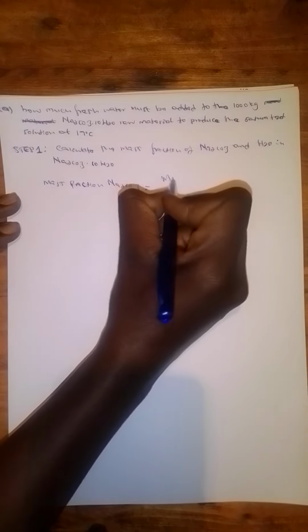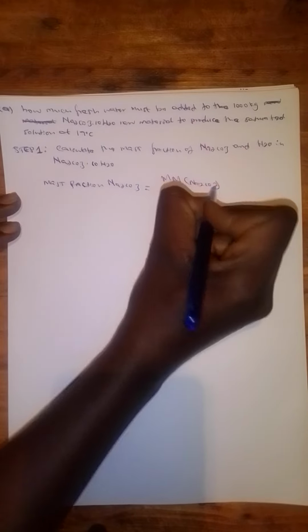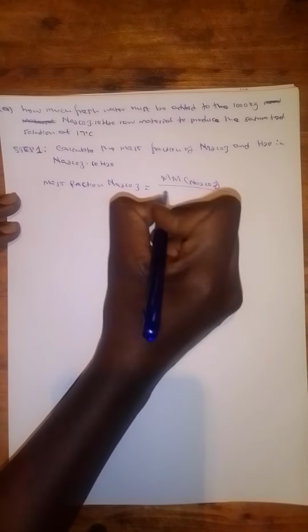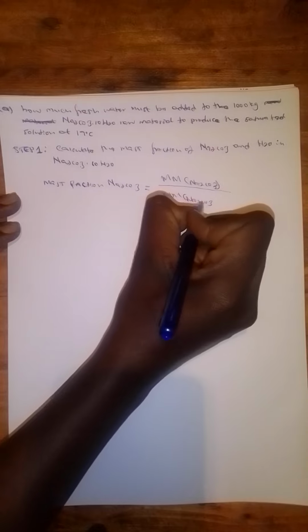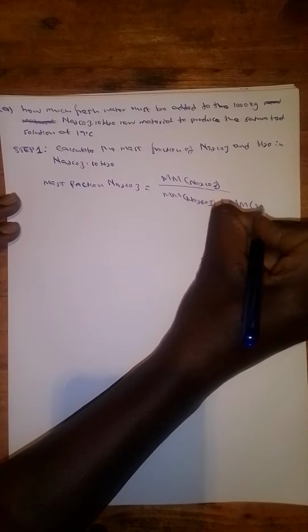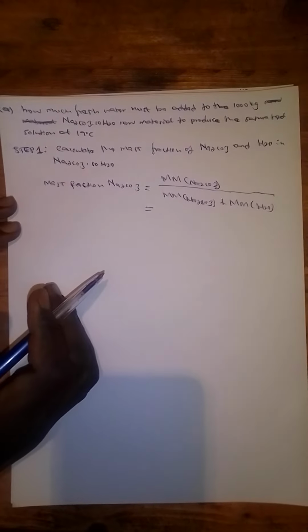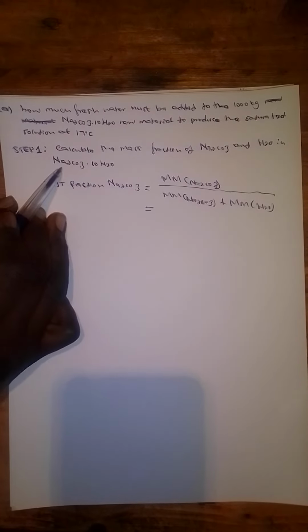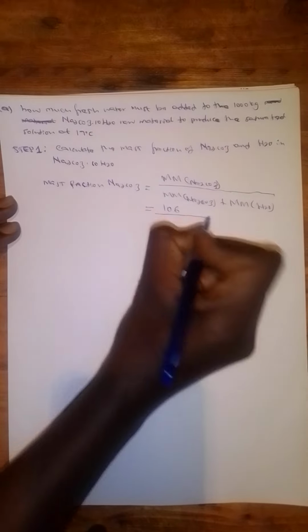So the equation will be the molar mass of Na2CO3 all over the total molar mass, or the molar mass of Na2CO3 plus the molar mass of 10H2O. From the periodic table, if you do the calculation, the molar mass of Na2CO3 is 106, all over